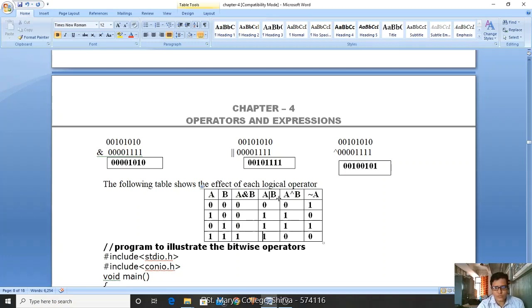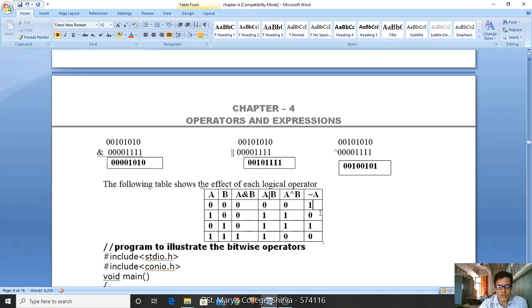Now we are familiar with bitwise AND and bitwise OR. Now we come to the bitwise exclusive OR truth table. In the bitwise exclusive OR, if the two conditions are both true or both false, then the result is false. In other conditions it is true. 0 0 result is 0, 1 1 result is 0, 1 0 result is 1, 0 1 result is 1.